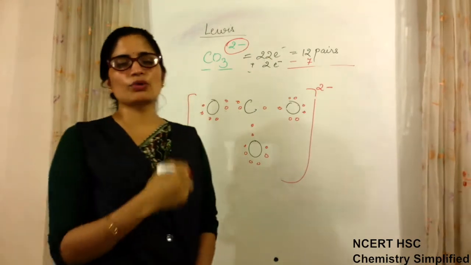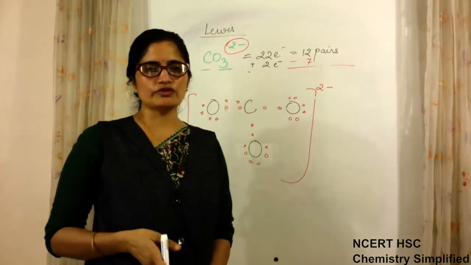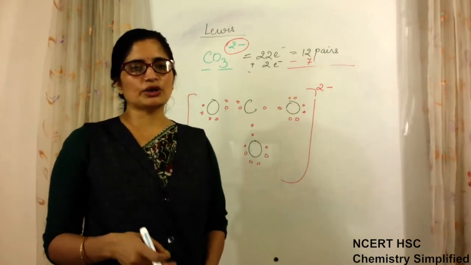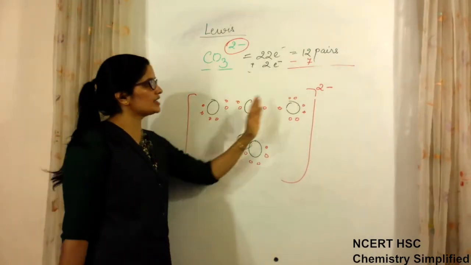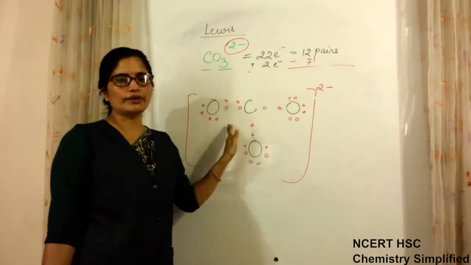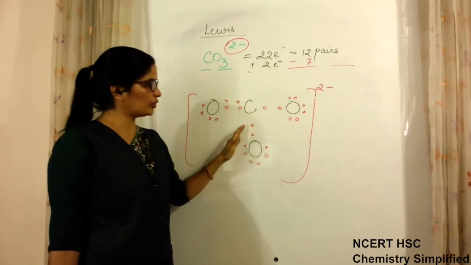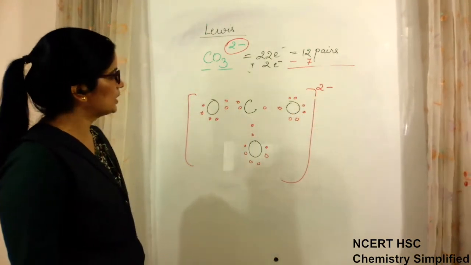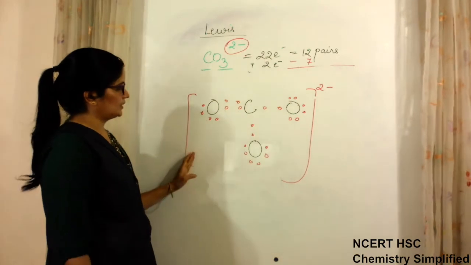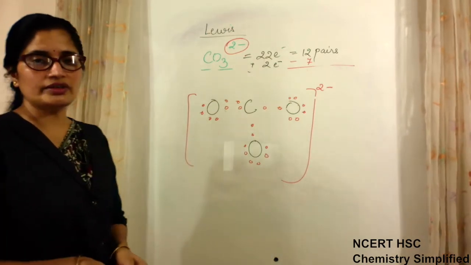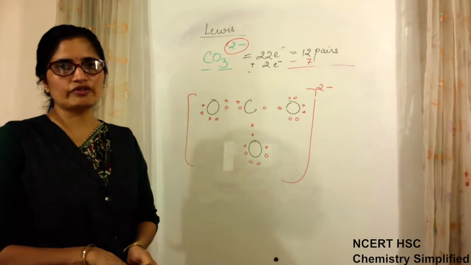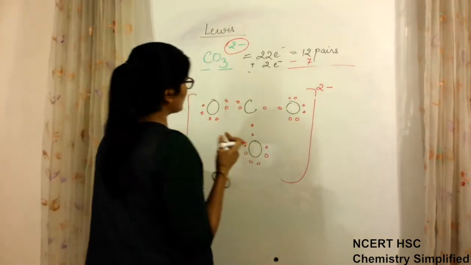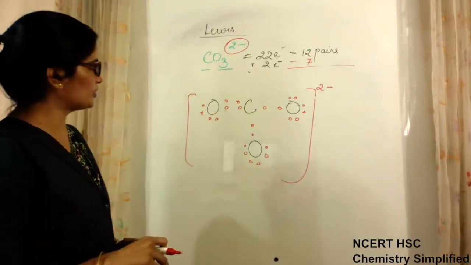Whatever charges these molecules have, sulfate SO4 2 negative, NO3 1 negative, these charges are all just because as many extra electrons are needed to complete the octet of each in the molecule formation, that much charge they bear. Okay. So again, when we make any molecule, we have to see formal charges also. So let us see whether any of these is bearing formal charge or not.